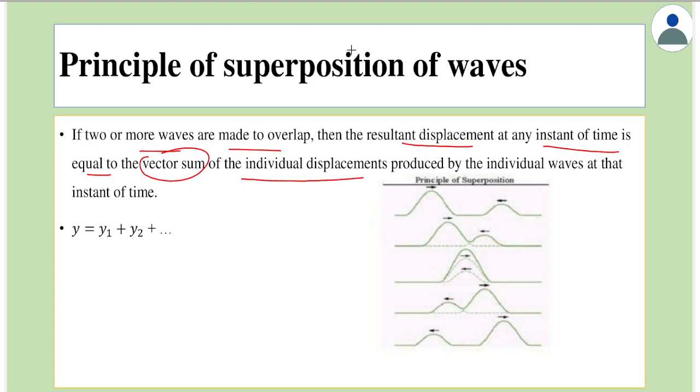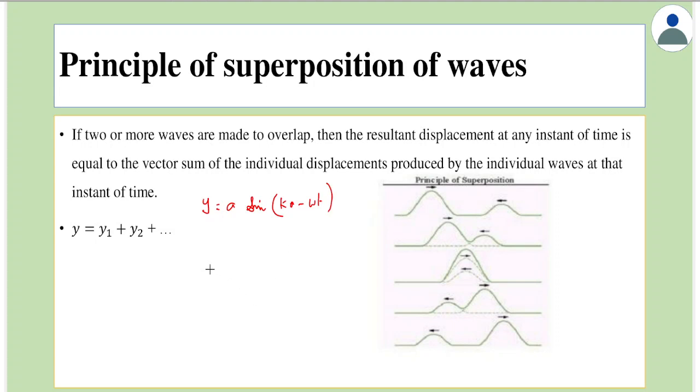instant of time. To understand this, let's recall that the displacement of a wave is given as y is equal to a into sine(kx minus omega t plus phi). Let's assume that phi is 0, so it becomes y is equal to a into sine of (kx minus omega